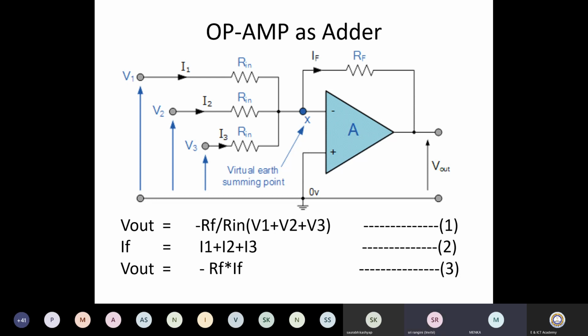This we know from the theory. If you apply KCL, the sum of all the currents is equal to IF, that is, all the incoming currents equal the outgoing current. From IF, Vout is equal to minus of IF into RF. So this is the summing, like you are going to prepare an adder with the help of this. Next slide please.